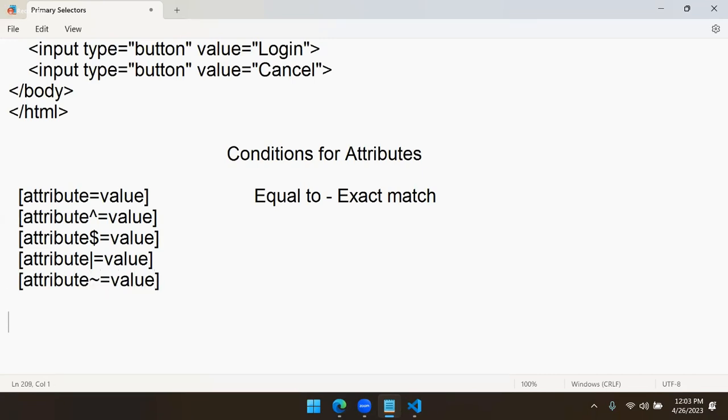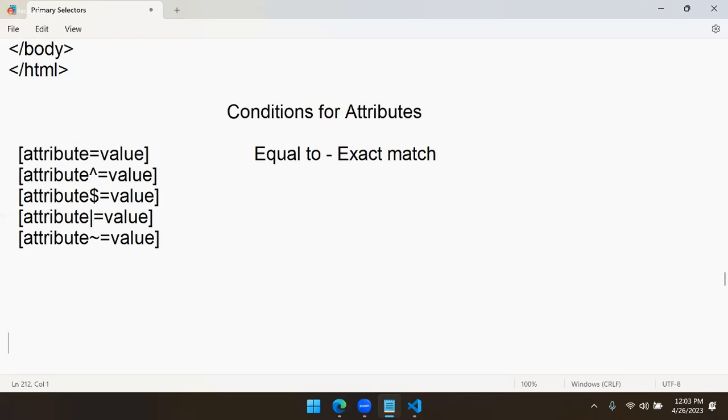These are all conditions. So what is the meaning of these? We will see. What is the meaning of these conditions? So we have equal, exponent equal, dollar equal, pipe equal, tilde equal. So what is the condition? For example, for that